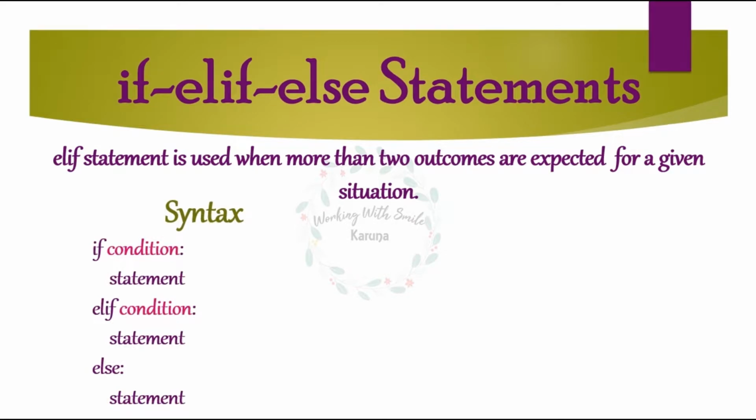So you can see I have written a condition with if. For that, I have some statements which are indented inside the if block. Then comes the elif condition, which will execute only when the condition written with if is false. And if the condition with elif also becomes false, then in the last the control will move to the else part written after all these conditions, and the statements inside the else block will get executed.